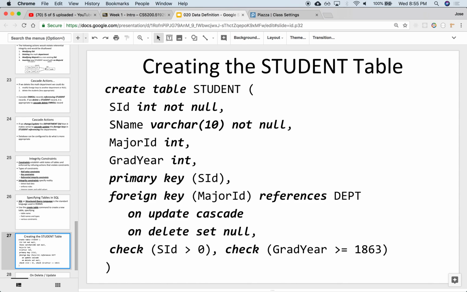Okay, in Java, typically the relationship flows from the parent to the child, right? So, for instance, if you have a faculty and they have a list of courses that they're going to teach, you might have in the faculty class an array of courses, right? So you can navigate from the faculty down to the courses. Right? And typically, you wouldn't have it the other way around, where the course references back to the